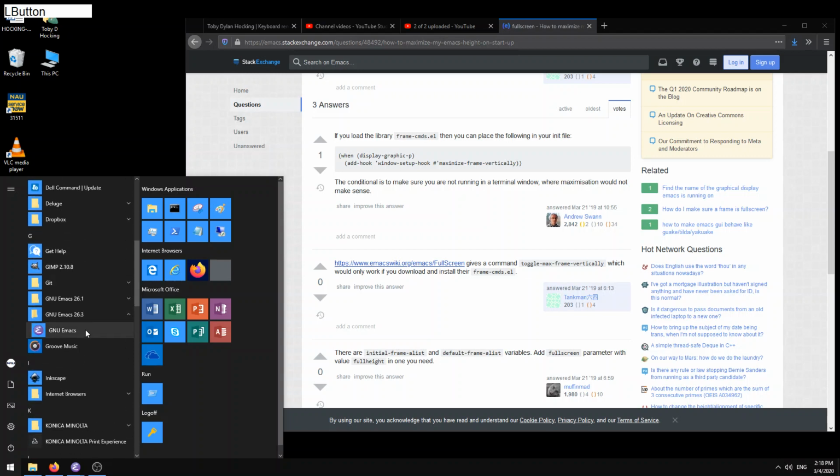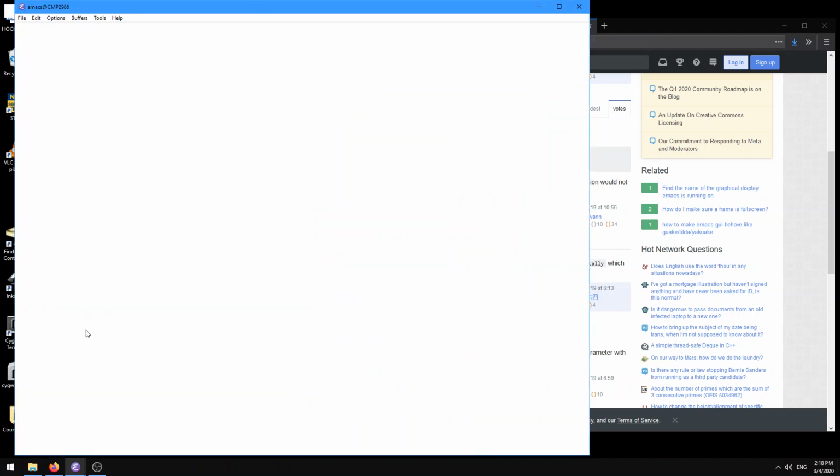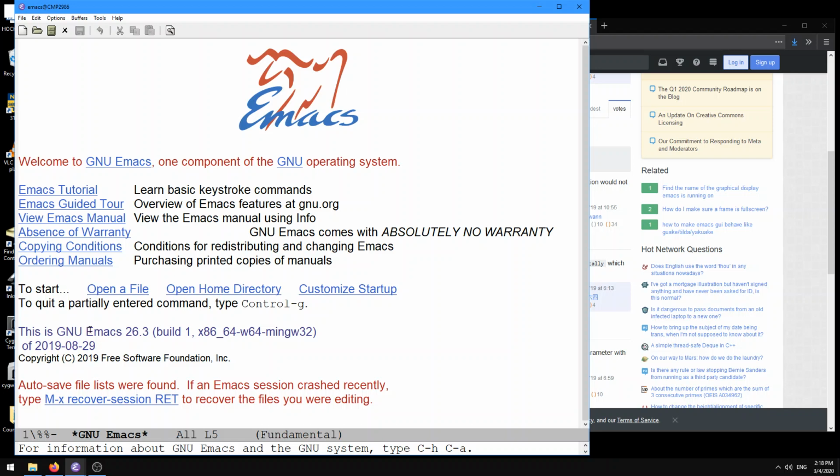There we go. And now we see that our Emacs is opening up to full height with our big text. And so these are two customizations that we put into our .emacs file. Some other customizations that I like to do